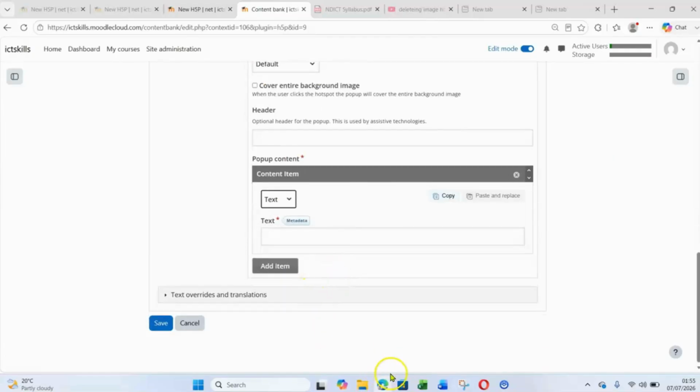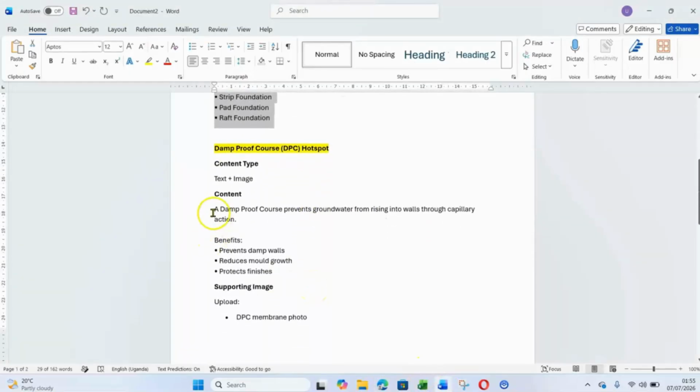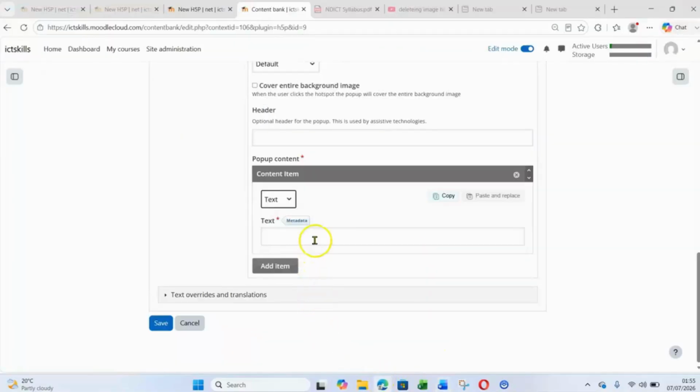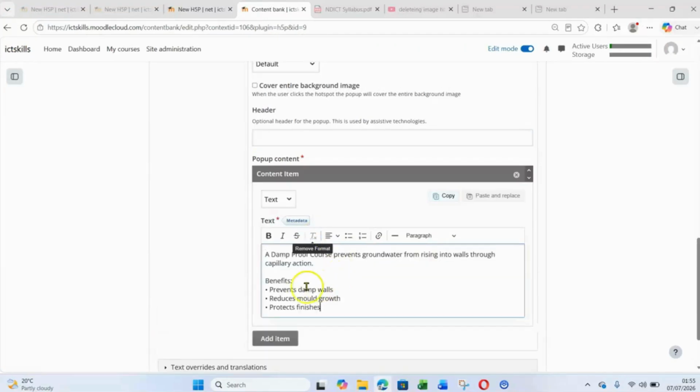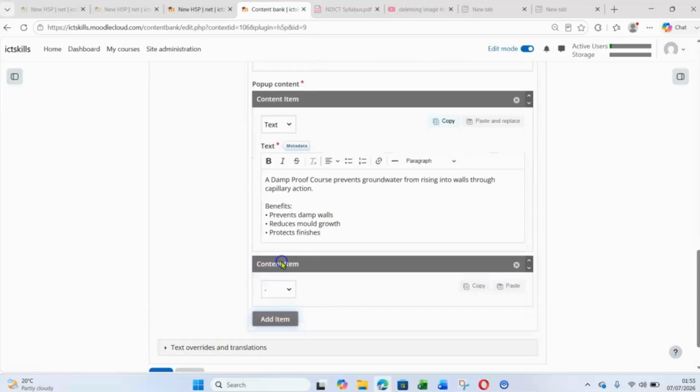Okay, then I provide some description about the DPC. A damp-proof course prevents groundwater, etc. Then I also want to show